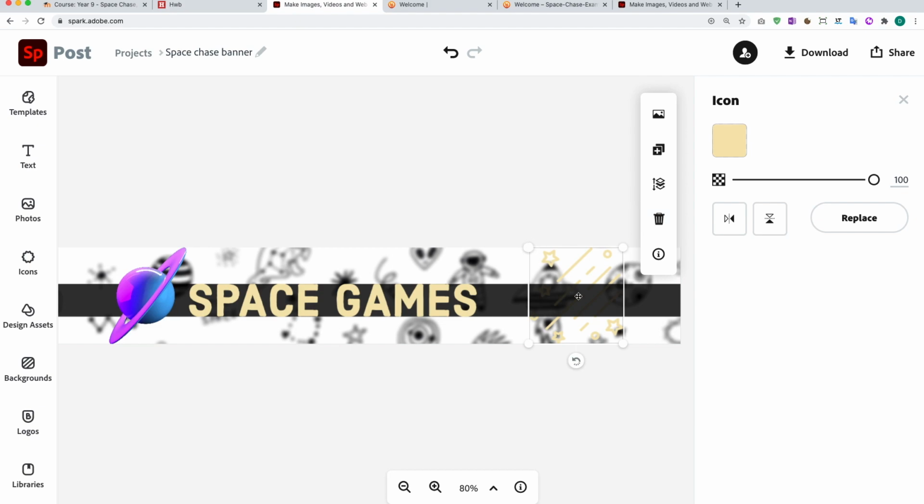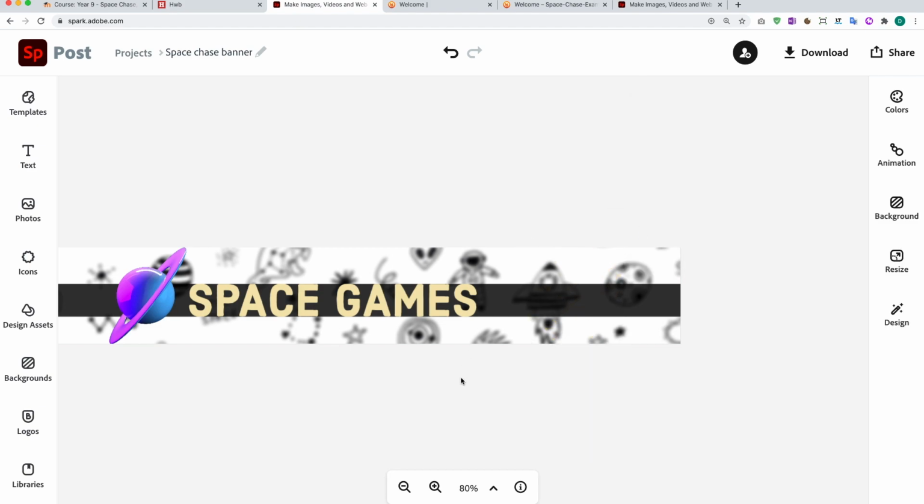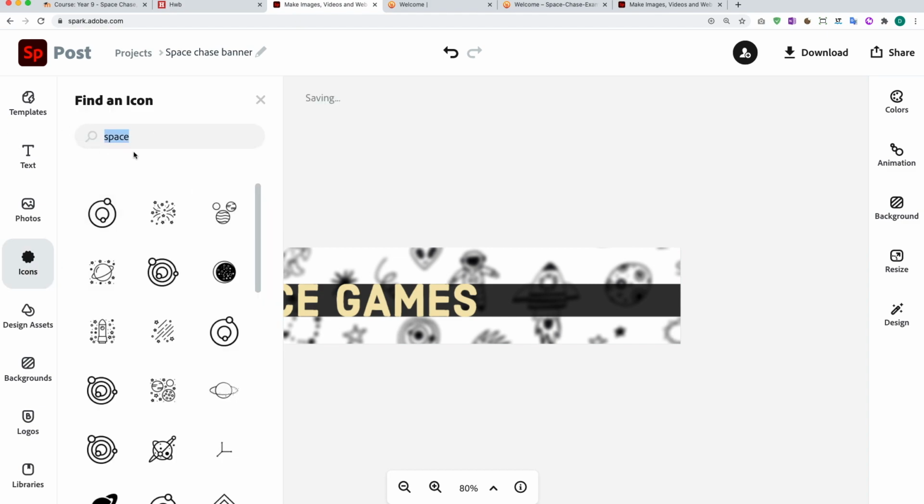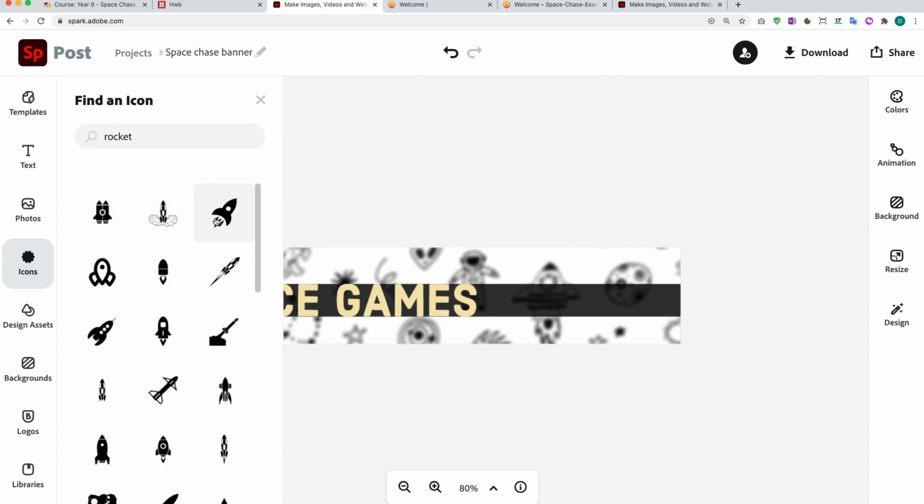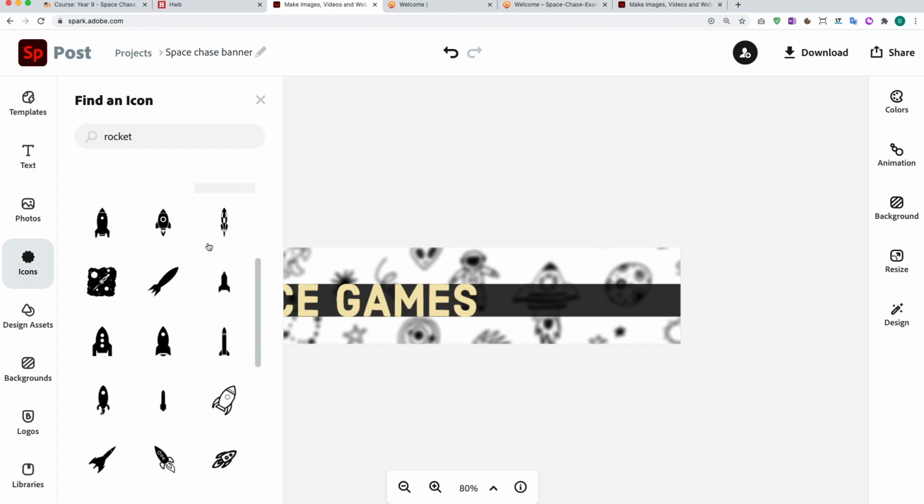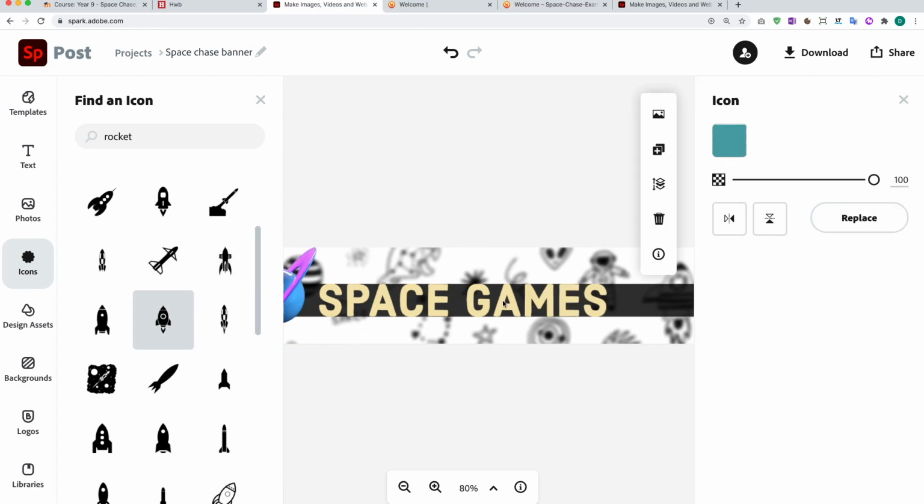One last thing with the icons before I allow you to go and put some things in. With the icons, there are thousands of things to choose from. So you can see there I've searched quickly for space. If I search for rocket as an example, there's going to be lots of different things there for you as well. So when you click on them